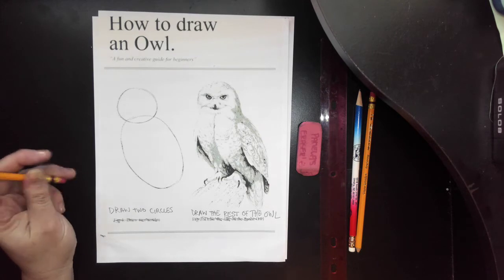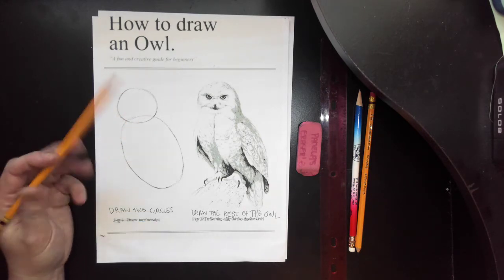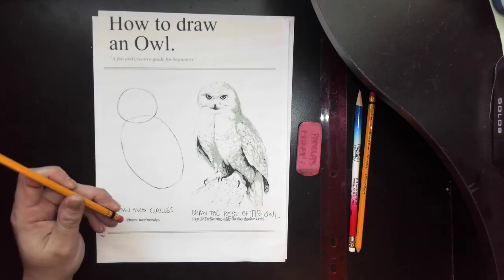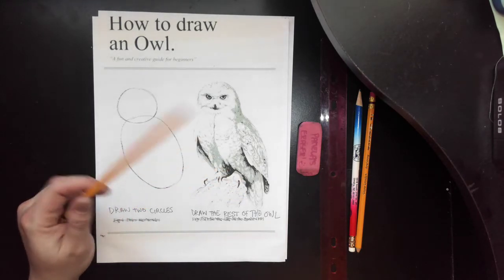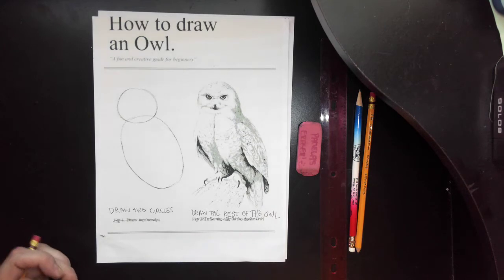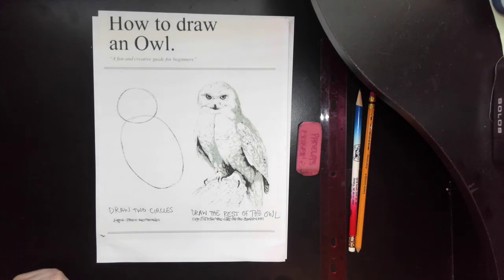Just a reminder, I'm doing this to make my skills better. You're doing this to make your skills better. I'm just using materials that I have at home. I didn't buy any special pencils or special paper. If you happen to have those things, that is awesome. You go ahead and use those. But I just kind of want to learn how to do this with what I have. So,